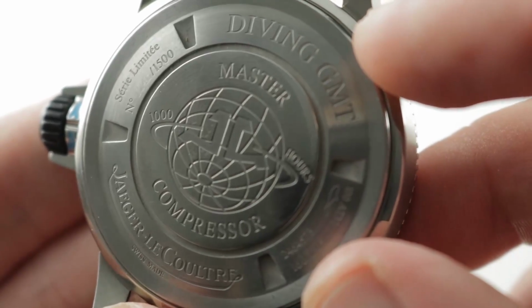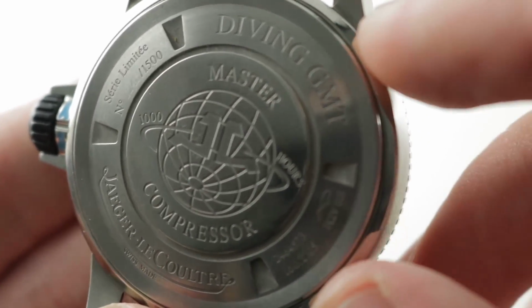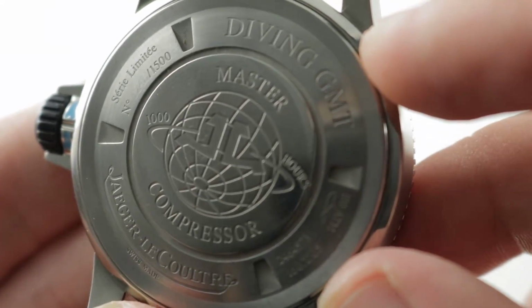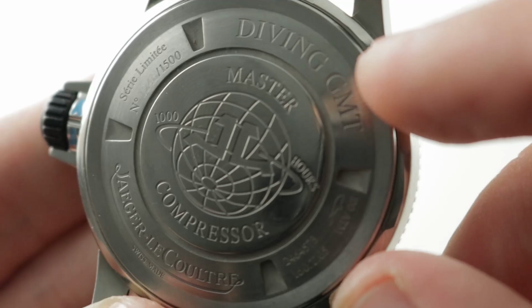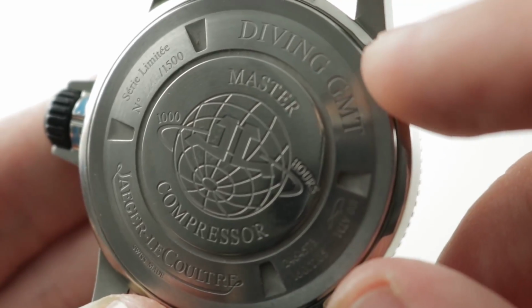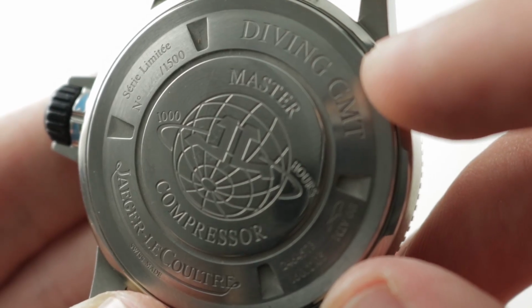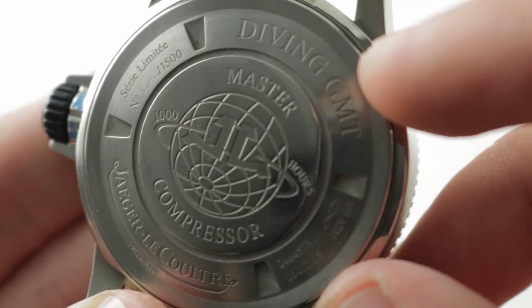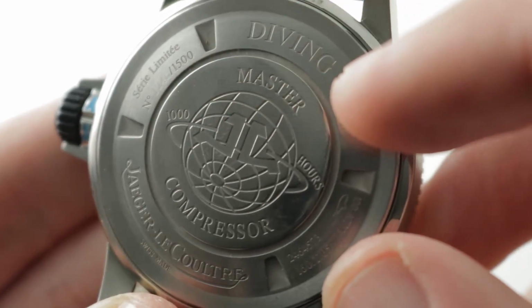It's thick. It features a full balance bridge with a free-sprung index and a hairspring laser welded at the stud and the collet. Those three features give the watch a great deal of shock resistance. Unidirectional automatic winding with ceramic rotor bearings for efficiency and low maintenance, 48-hour power reserve, 28,800 vibrations per hour beat rate, 12 and 24-hour dual independent time zones, 29 jewels, and of course the Master 1000 Hours test, which is